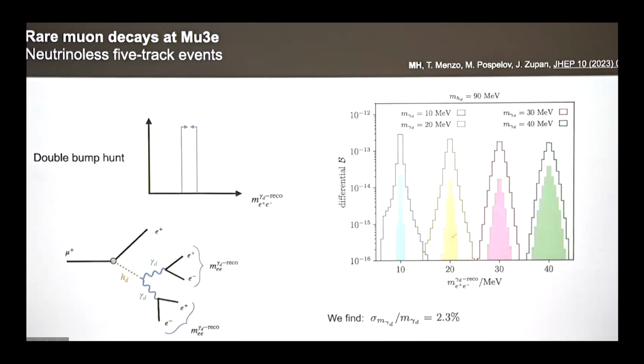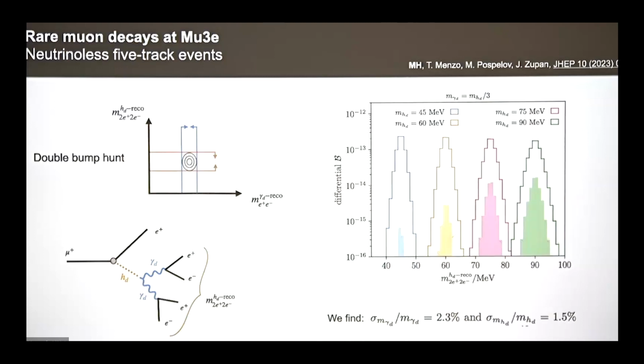So now to the new physics hunt. For a given hypothesis of the dark photon mass, in this case just some random value that you're doing a scan on, you'd look for combinations of e plus and e minus that reconstruct that invariant mass and find coincidences between pairs of those. Then for the 4-electron system, so 2 e plus e minus pairs, for a given hypothesis of a dark Higgs mass, you would do the same. And the hope is that you would eventually be able to reconstruct a point in this mass versus mass plane.